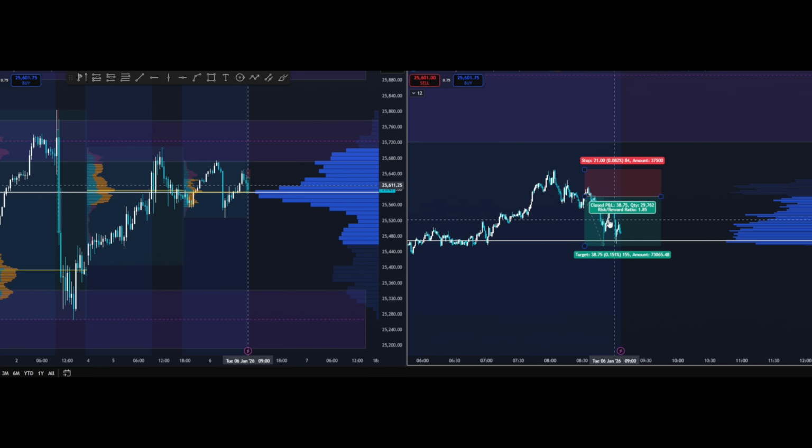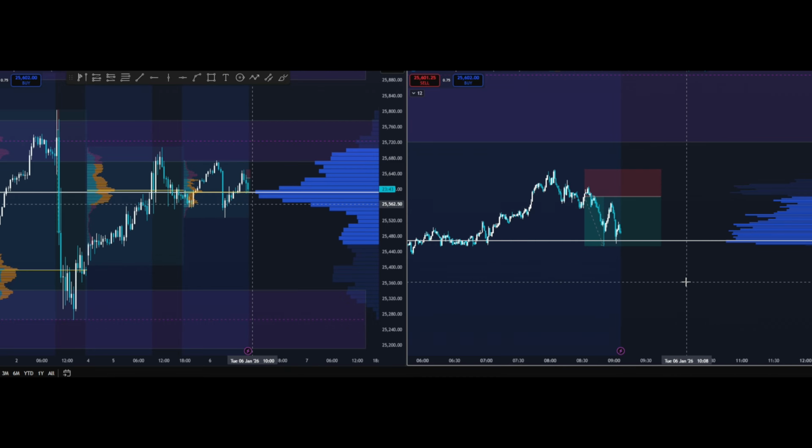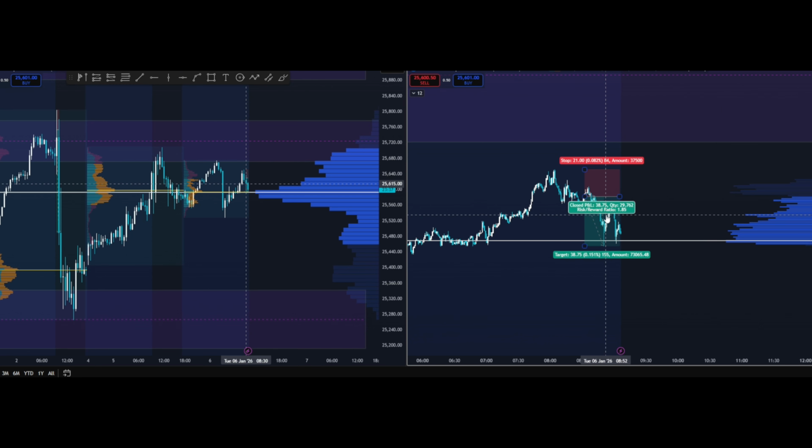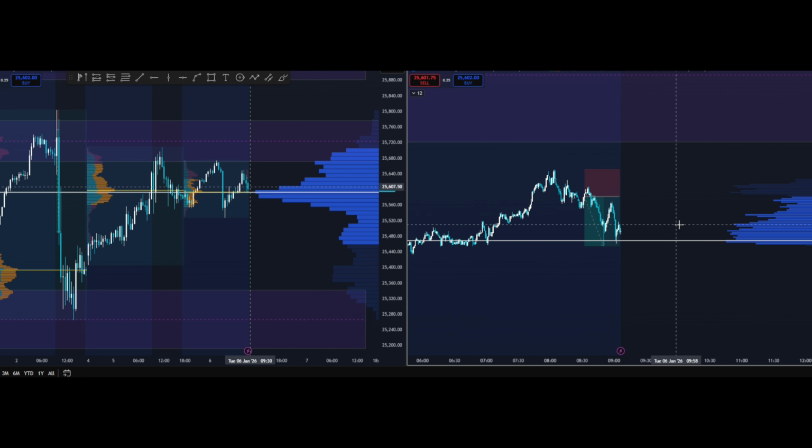So here's the short I took before market open, and pretty much on this day I completed this before the market even opened. It's roughly a 1.85 RR trade. It's not bad. It's not a huge run. The reason for it, I'll explain this zone and why I enter here. I'll explain it from top down. So let's rewind this back